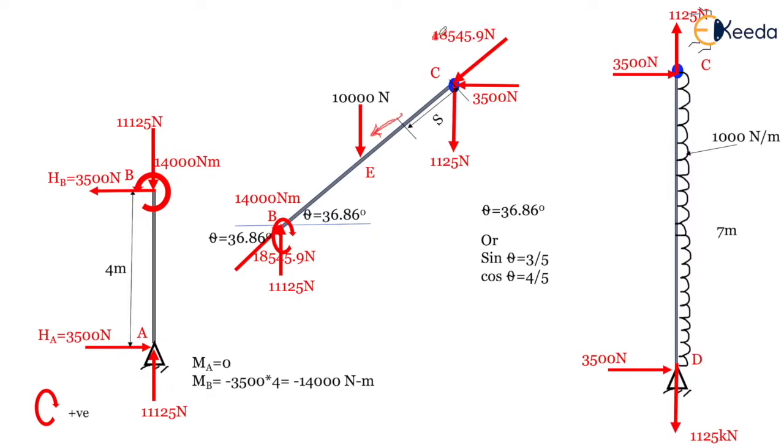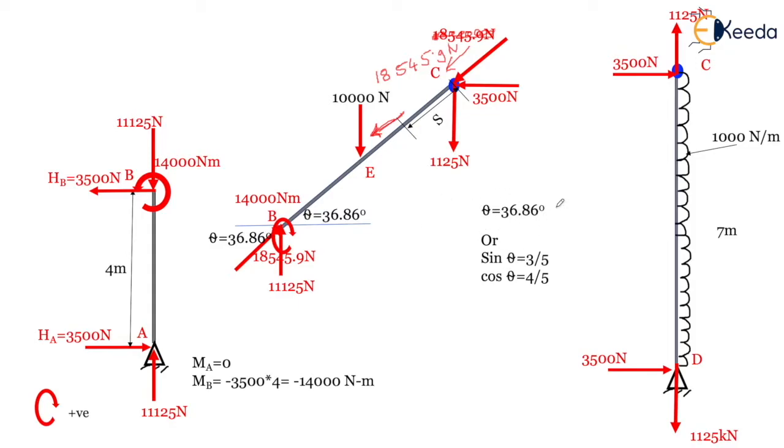So we have to find out what is the component for 1125. When we see the component over here, there will be a balancing. So total will be for this and this two. When we see the component, it will be 18,545.9 Newton. So axial force will be balanced over here at this particular point. Now the shear, anyway, we'll come to the shear point for that particular calculation.